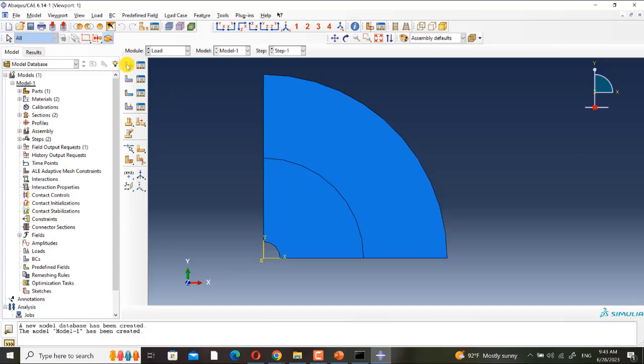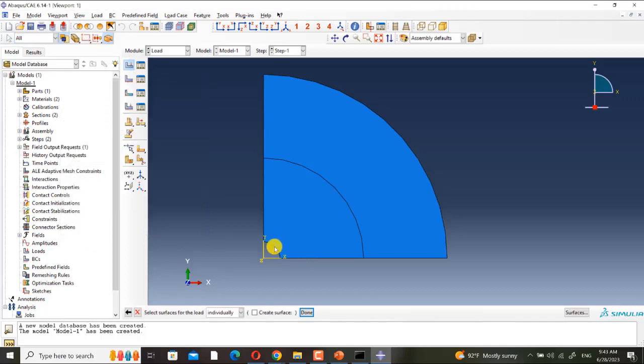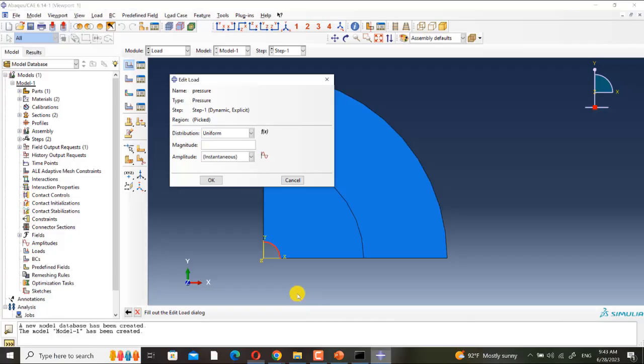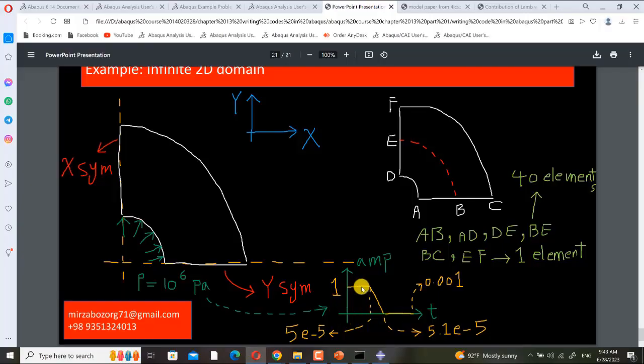In the load module, I define the pressure. If you see, 10 to the power of 6, and I define this amplitude. It's a kind of impact.